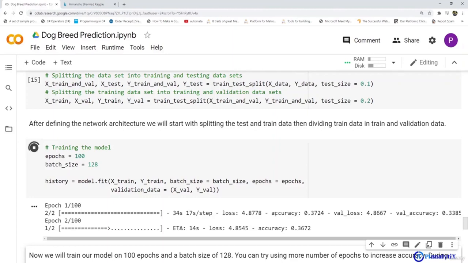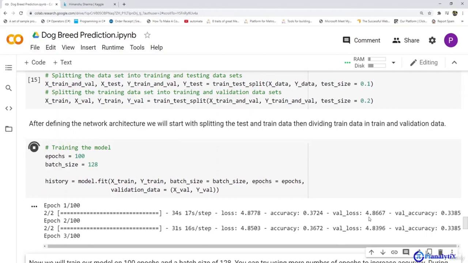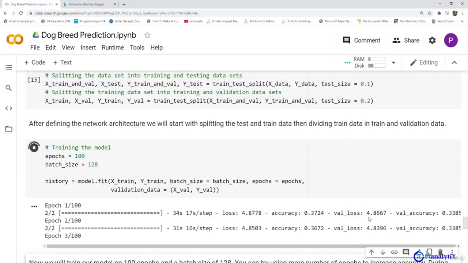Similarly, all these epochs will run. It will take some time. You have to be very patient. Here you can see that it is also printing the loss, the accuracy, the validation loss and the validation accuracy. We will see after some time when these epochs are finished, and then we will continue with the further steps.